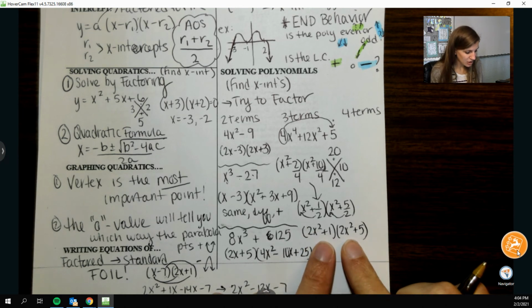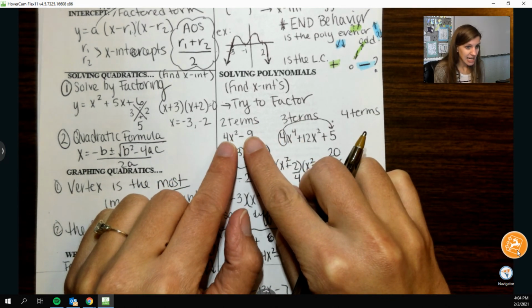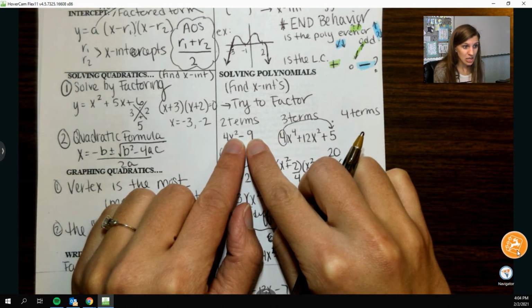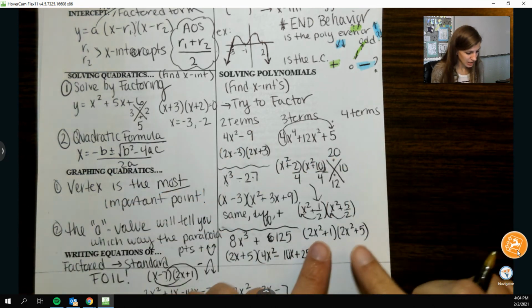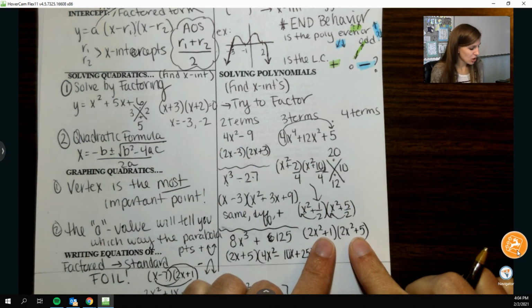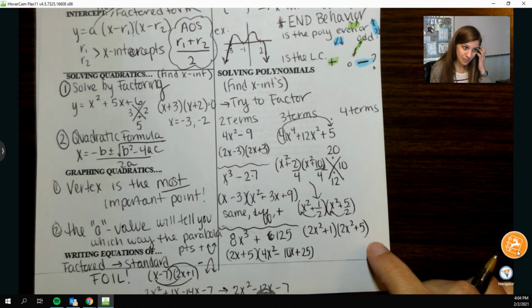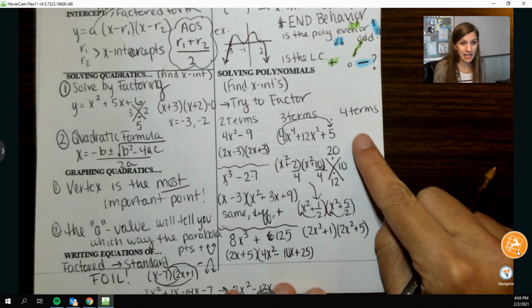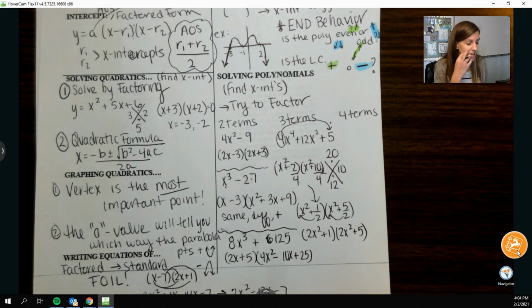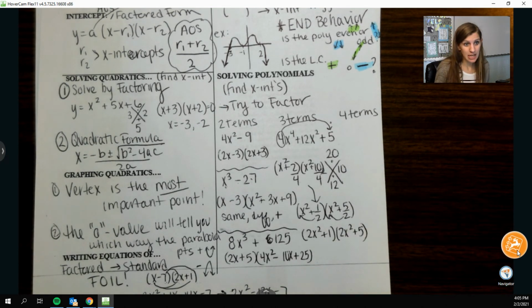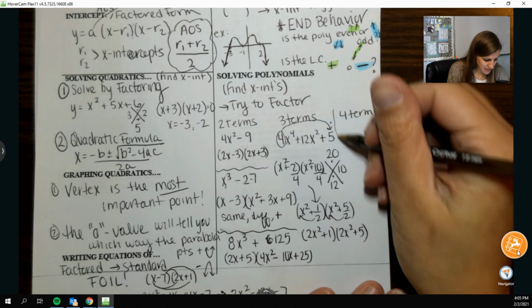And I know because they're two-termed quadratics, and with a two-term thing that is squared, it has to have subtraction in between, and these surely do not. So I would have to do something like the quadratic formula to figure out what x is there. And then the last thing that I kind of don't have room for right here is how I factor a four-termed thing. So an example of that could be,